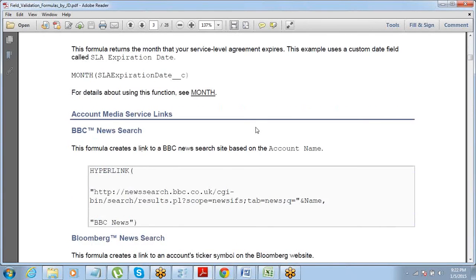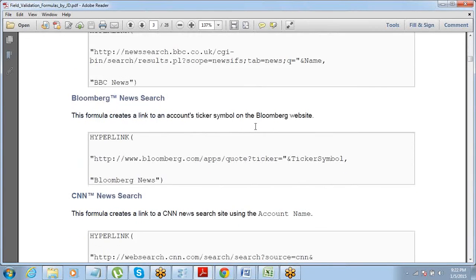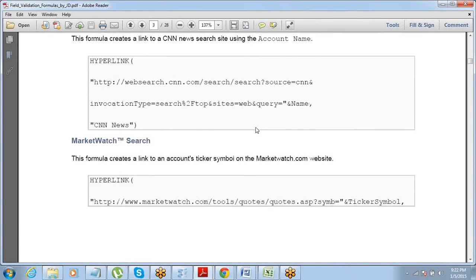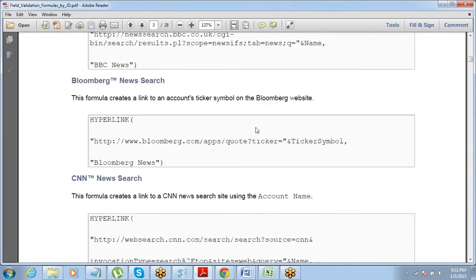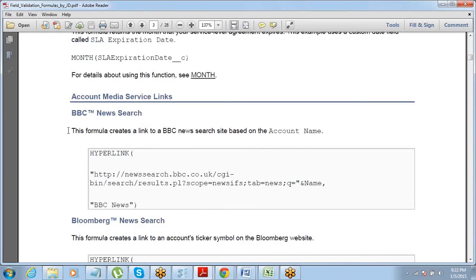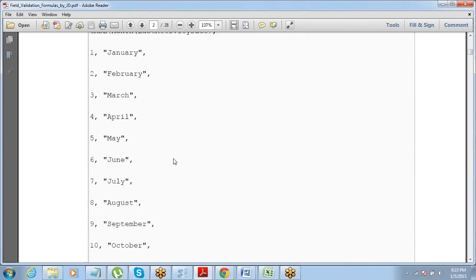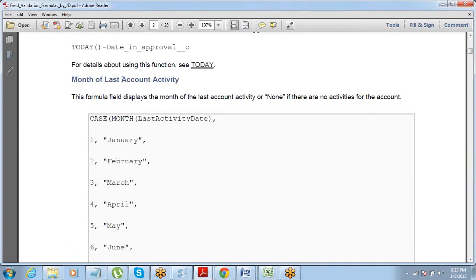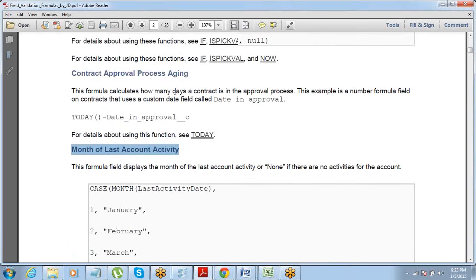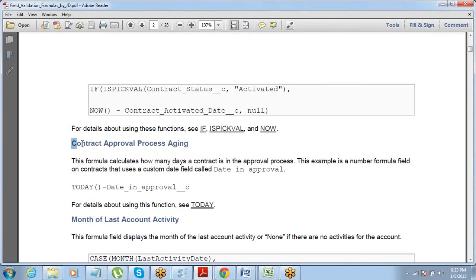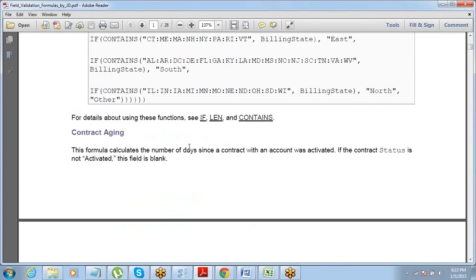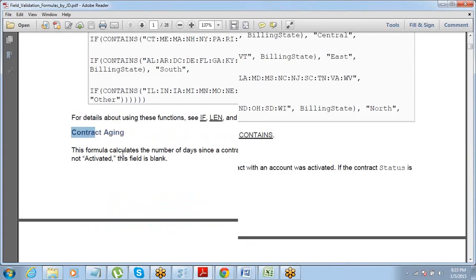We have a few very good formulas here, examples like the formula to create a link to a certain search engine, then a formula to show the month of last account activity, so which month we had the last activity with a particular account, and the contract approval process aging. What is the age of a certain contract?